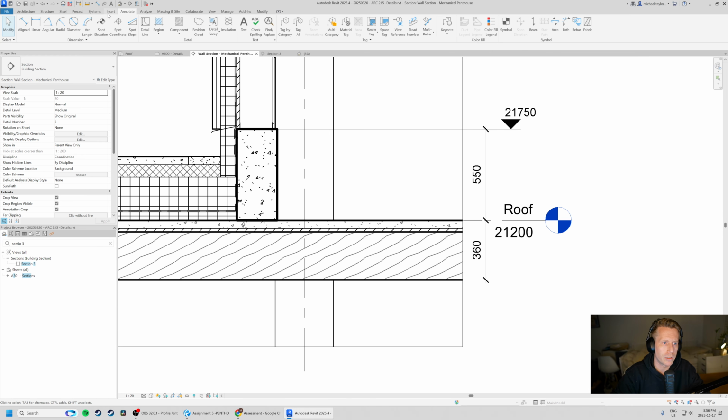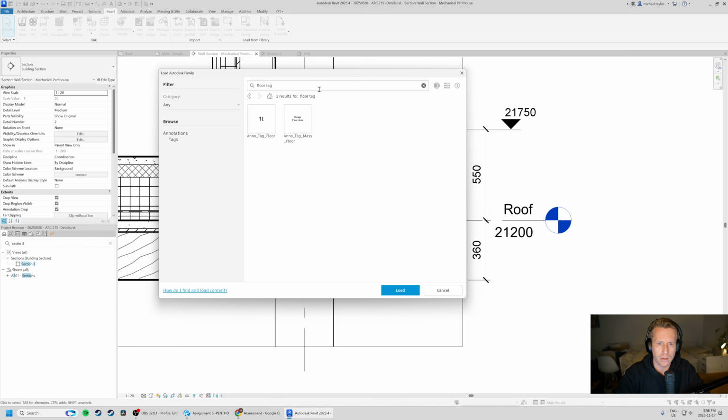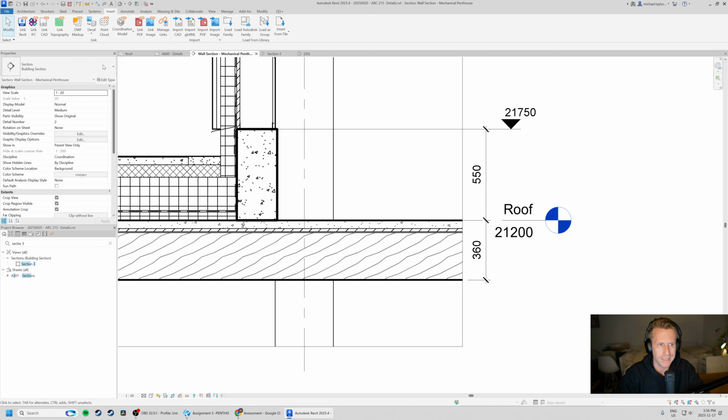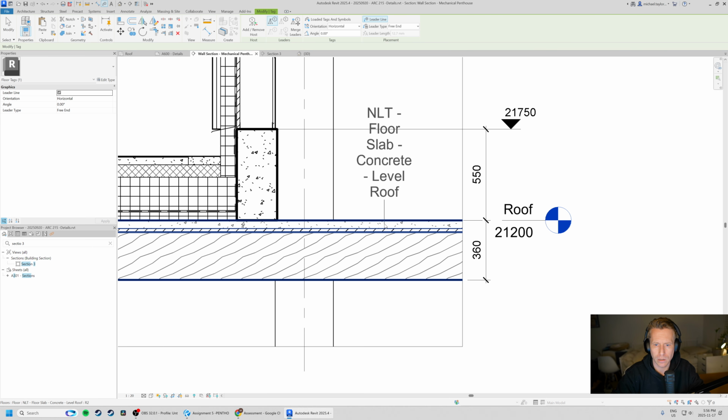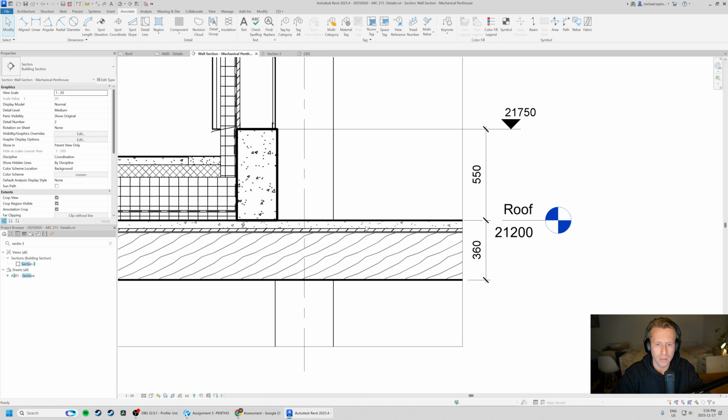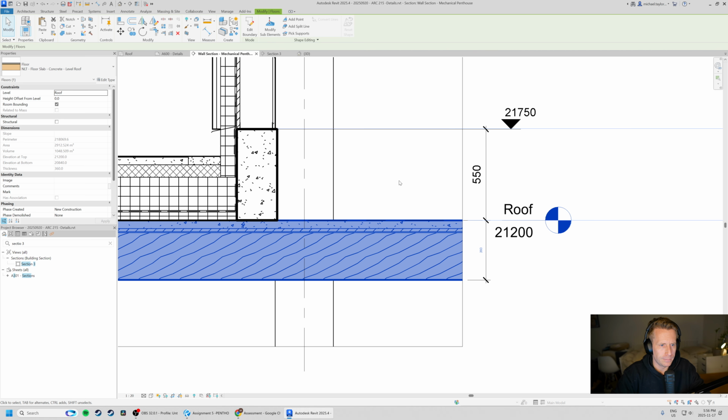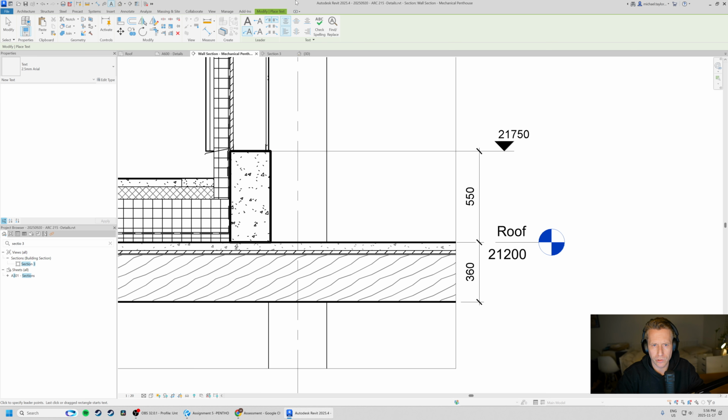Annotate. Let's try this one more time. Insert. Load Autodesk Family. Maybe I loaded the wrong one? I don't think so. I think that's just it. Tag category. Ugh, so useless. So in the interest of time, let's just do it the good old-fashioned way, which is to use a little